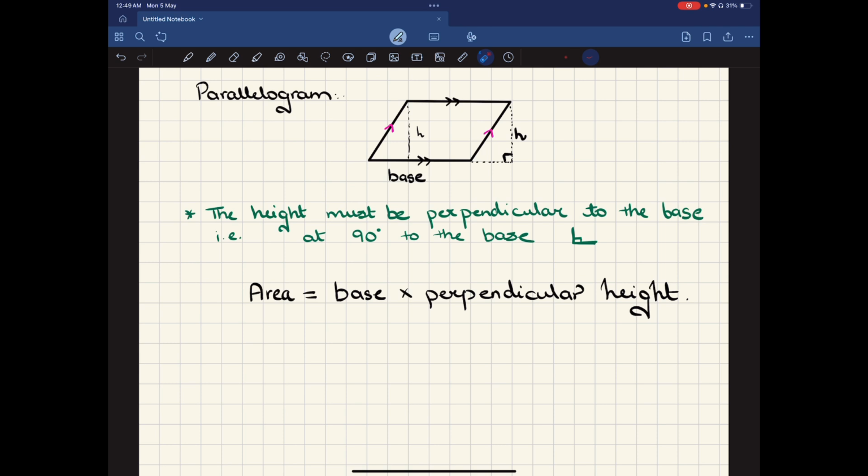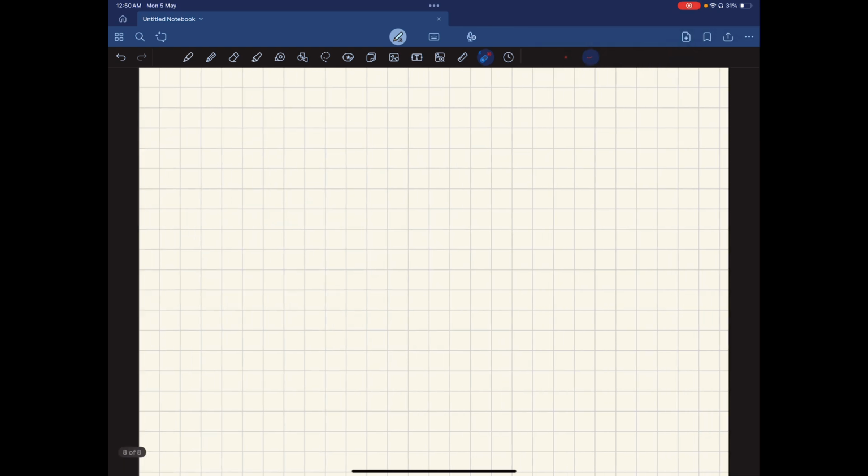Now let's move on to the rhombus. A rhombus has two pairs of parallel sides and all four sides are the same length. That is why it is different from a parallelogram. Here, these two sides are same, equal, and these two sides, the bases, are same, right? For a rhombus, all four sides are equal. And it also has two pairs of parallel sides. So it's going to be,